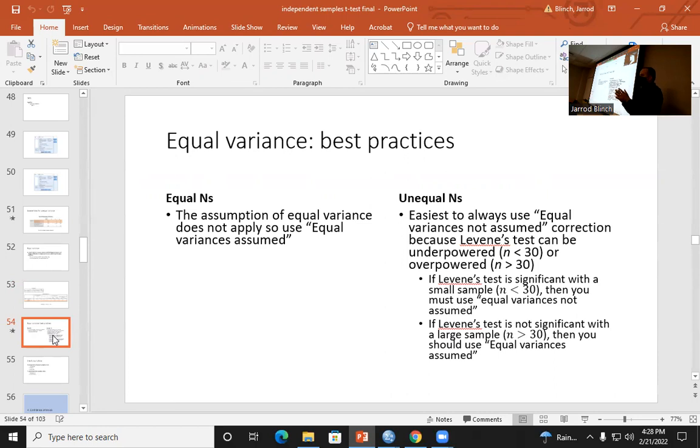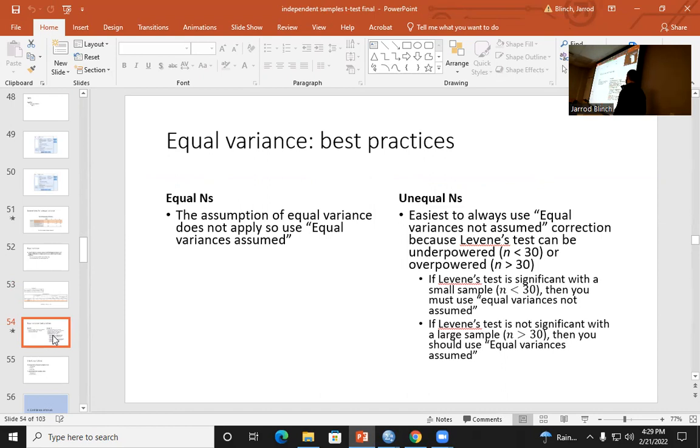Now, when you use the assumption of unequal variance, the power of your test decreases a little bit. And if you don't want to lose power, then you can go a step further and ask whether you have to run Levene's test. If Levene's test is significant with a small sample size, then you must use equal variance not assumed. If it's significant when it's underpowered, that means you have definitely violated the